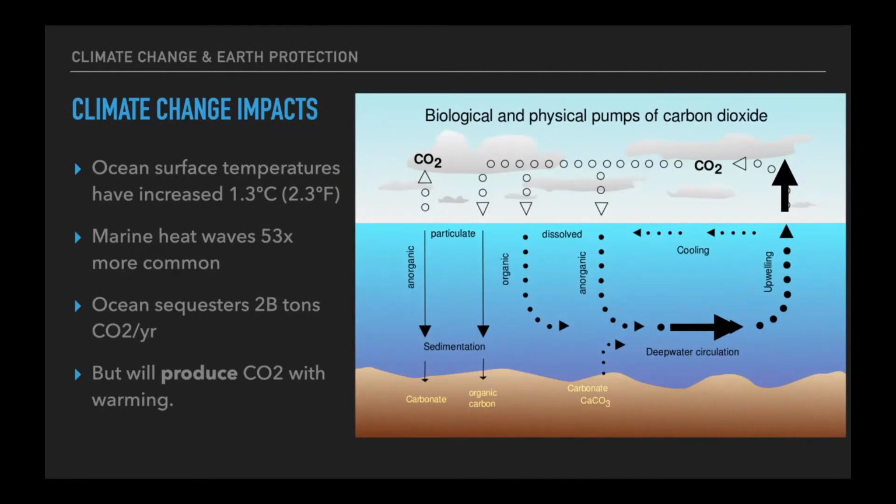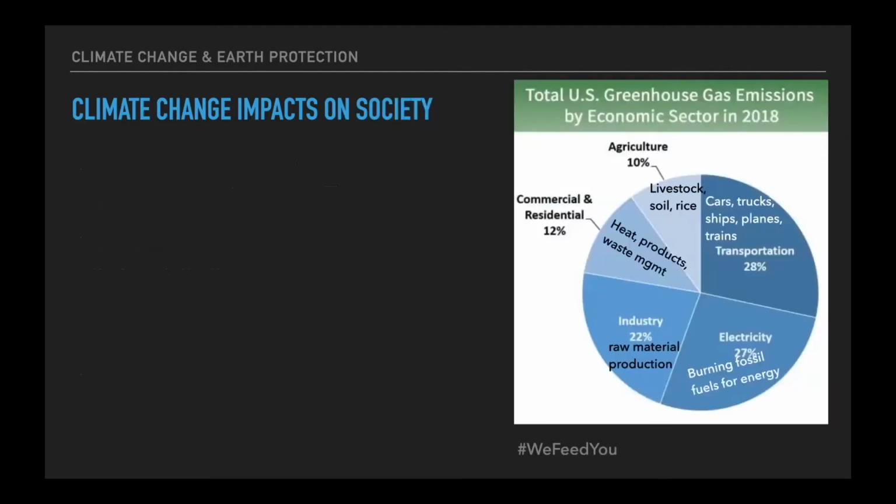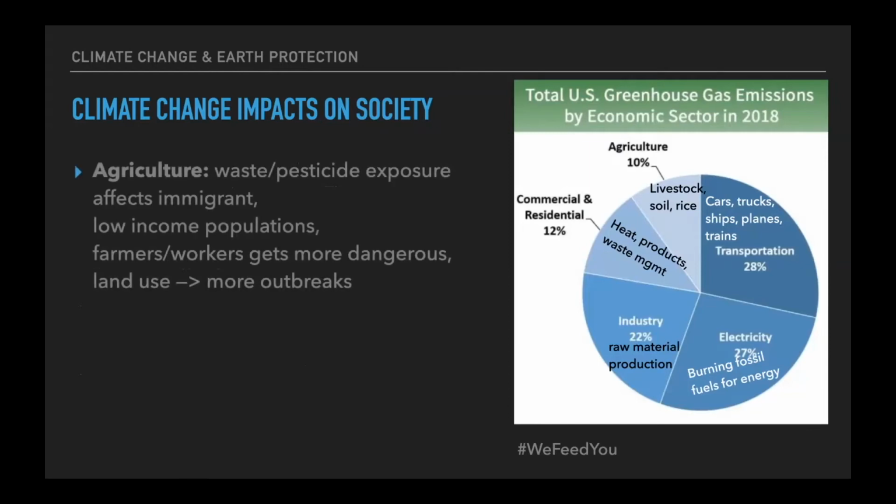I know we know the reason that we should, but I'm not so sure that we understand the reason why. We're starting these positive feedback loops. It just keeps making it worse and worse and worse. And so as we see these changes, and it happens globally, and we're seeing these very broad sweeping changes, we have to realize that we as humans are a part of this as well. And so we're going to see how climate change impacts society. And unfortunately, the people who are the least contributors to climate change are going to be most severely impacted by climate change.